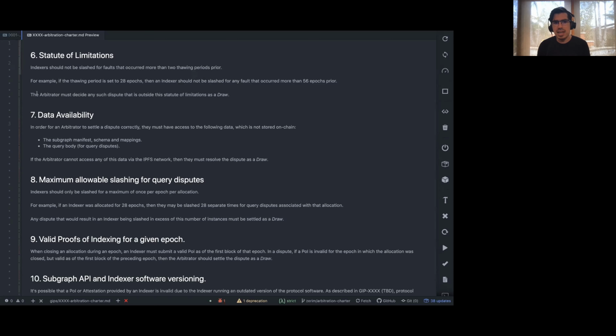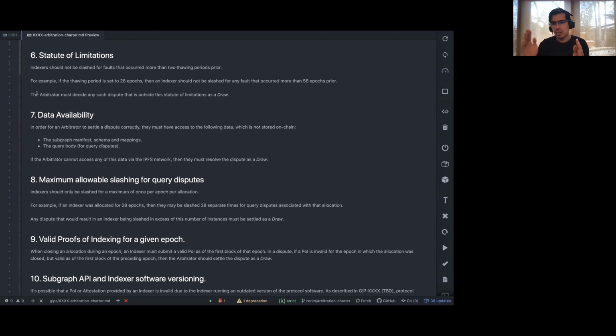And then the second is that if there was no statute of limitations, the longer an indexer participated in the protocol, the more likely they would be to accumulate some fault at some point in their past, right? And so we don't want to punish indexers for being long-time honest participants in the protocol by saying that,